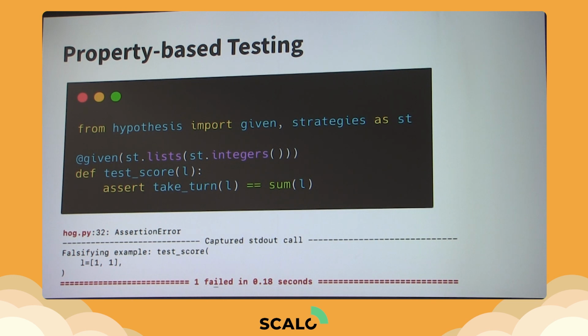So we're going to call lists from strategies and integers. So this decorator understands what kind of data we want to generate, and strategies are going to generate hundreds of input data, and they are going to try our logic, which is in the test function,